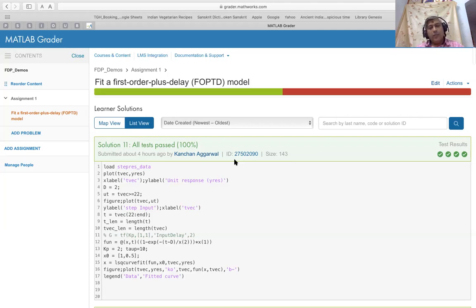All right, so in the interest of time, I will now bring the demonstration to a close.